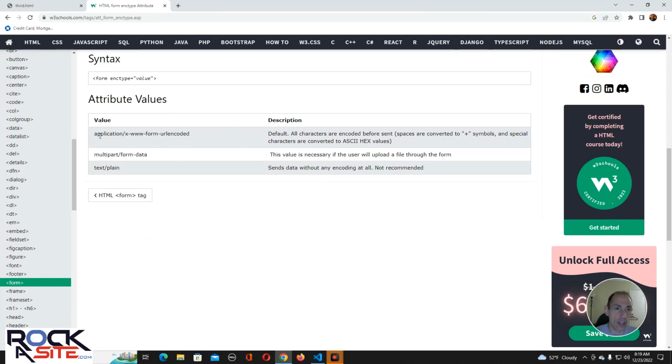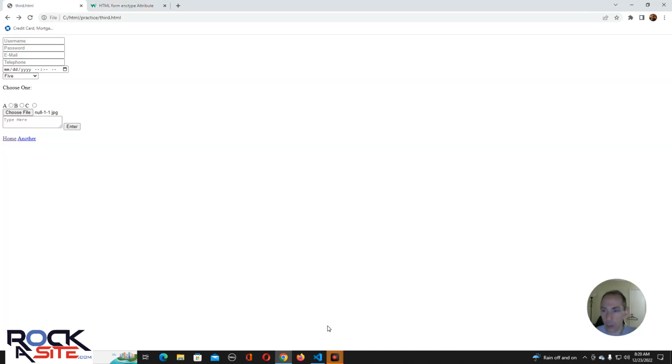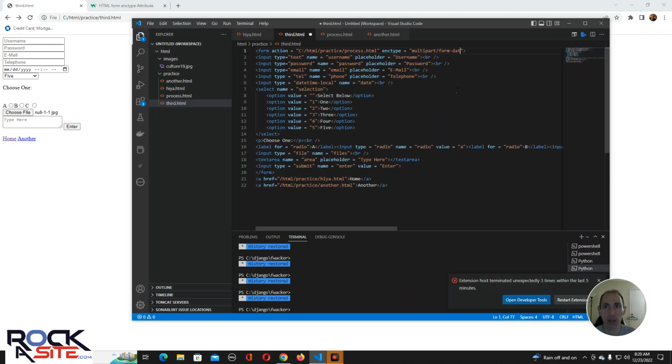All of these, text plain, it's how it's processing the form. It says here ASCII, hex and everything, this is just text plain. If you did it in text plain, it would send it as whatever the text is. If you did something like this, enctype equals text/plain,